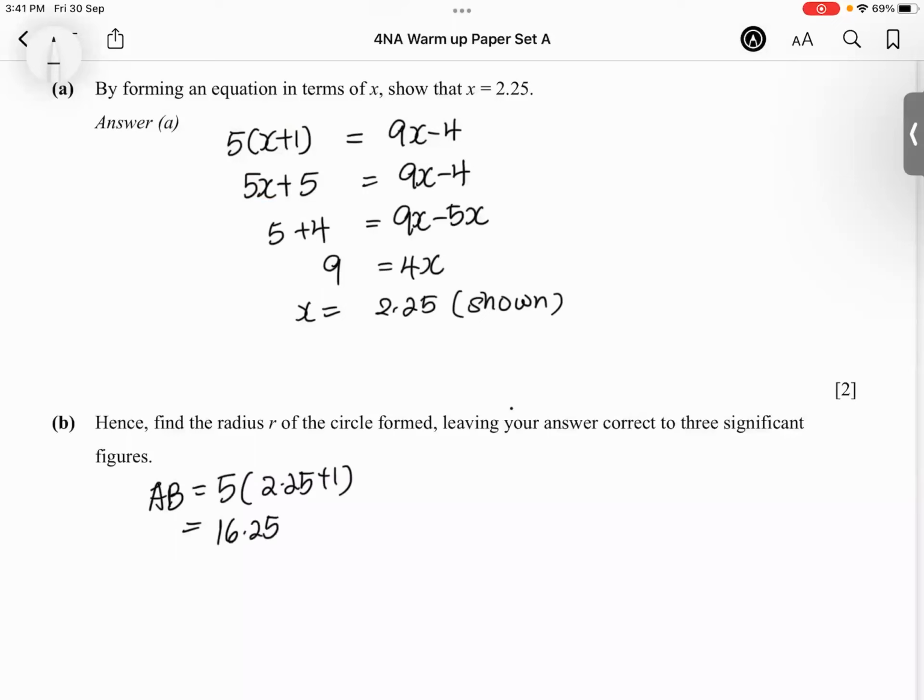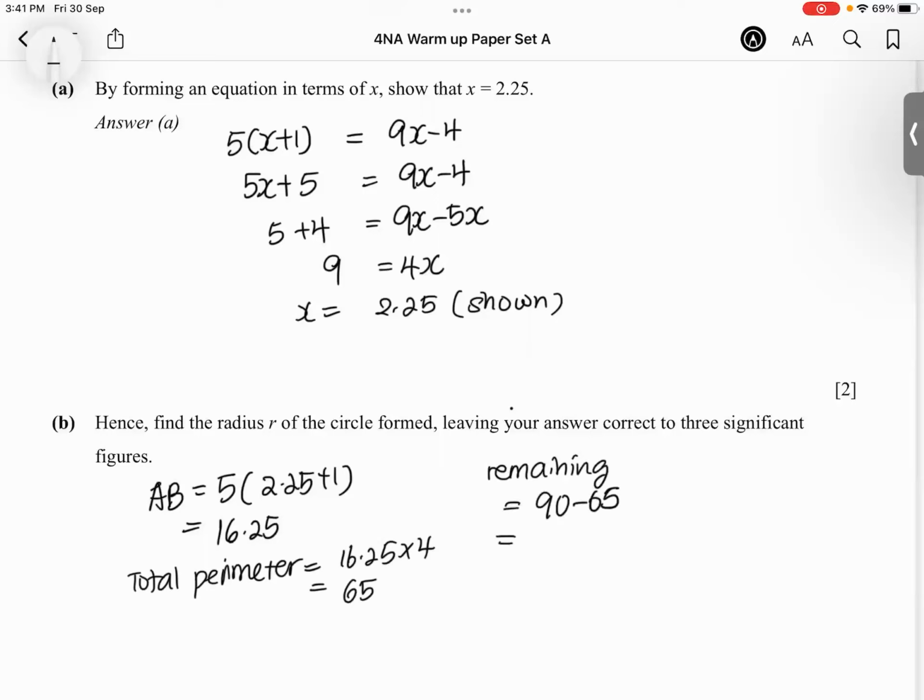They have 4 sides, total perimeter, 16.25 times 4. I have 4 sides to give me the number 65. So the remaining will be equal to 90 minus 65. This 25 cm is for my